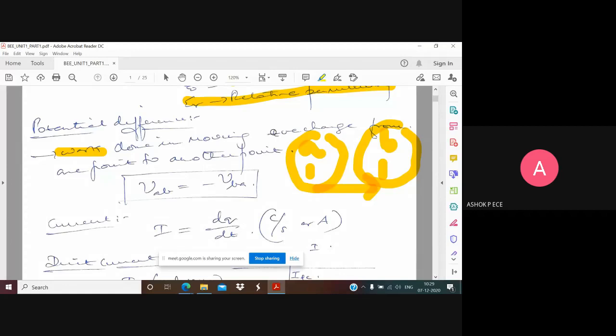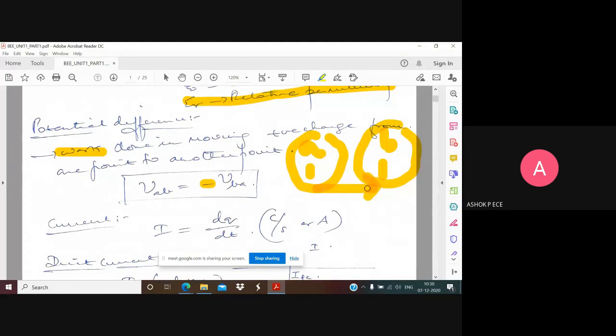See, and remember, potential difference, we take positive charge as our reference. We don't say any charge, we take positive charge as our reference. So if you take negative charge, the potential will be reversed. So potential difference will have magnitude and sign. Be very clear. If you move from A to B, or if you move from B to A, the potential is going to be different because the direction in which you move is very, very important.